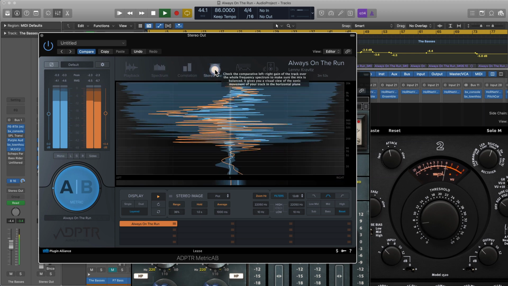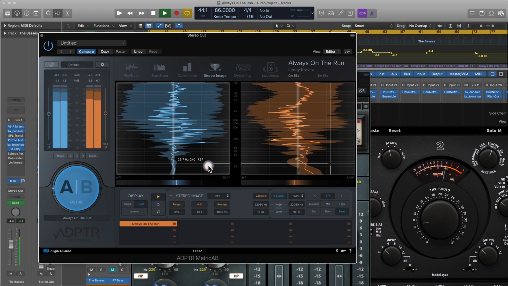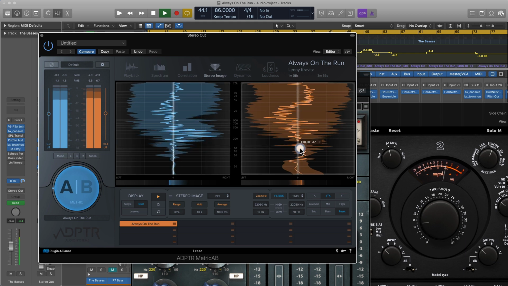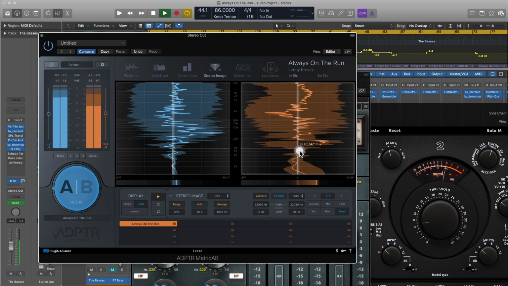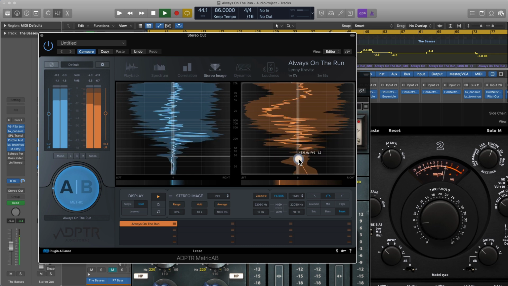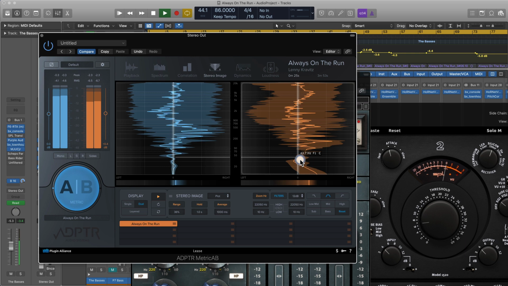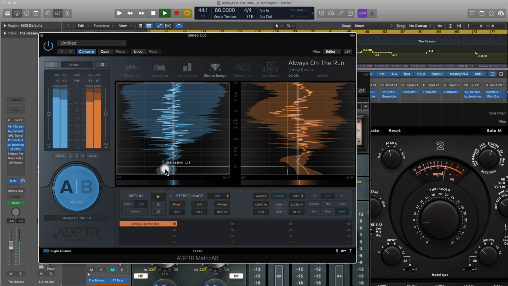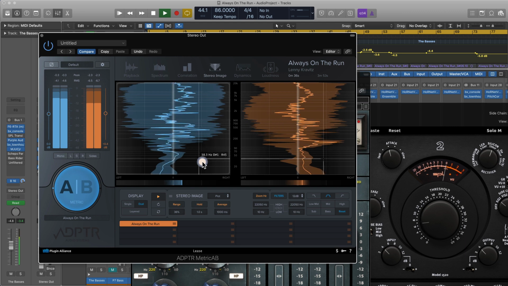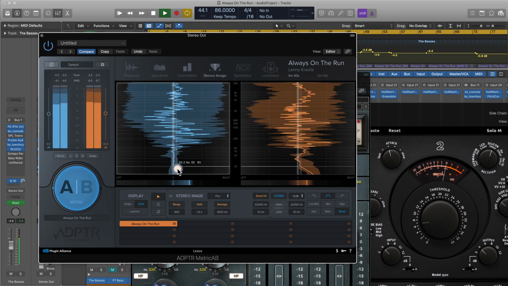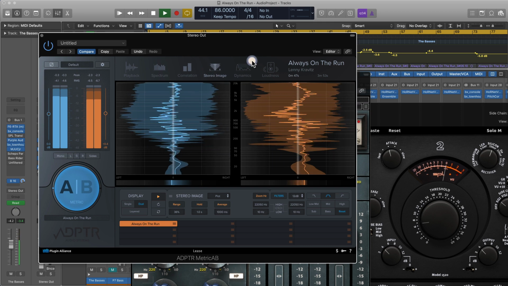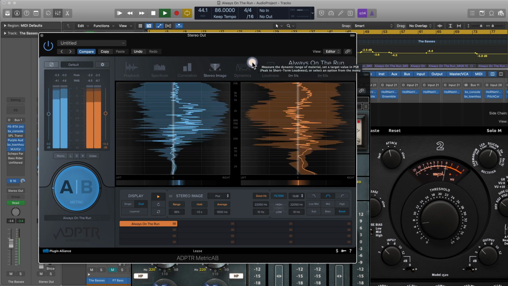Correlation, stereo image. I like showing it dual, where I can see, okay, at around 90 hertz I have very little stereo content. It is all mono. And interestingly, Lenny Kravitz's version has quite some stereo information in that area. And maybe that is more natural. Maybe that's what I want as well. Or let's say if this were my track, I'd look and find something that I didn't want to have here. So it's a good comparison to also learn how commercial tracks sound and how they are made, how much content is in the higher frequencies, how much content is in the lower frequencies, and in this case what the stereo information is, especially since mid and side processing becomes more and more